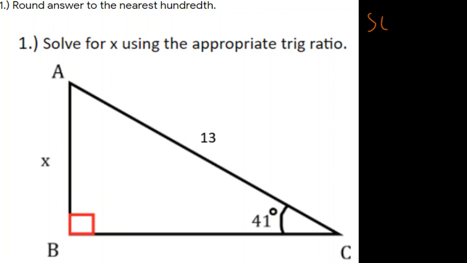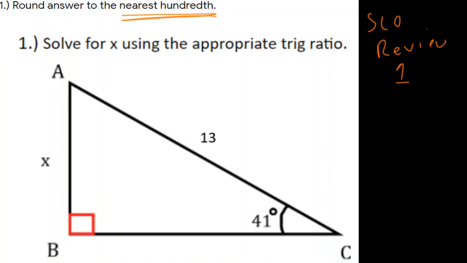Alright, and welcome to our SLO review. We're going to call this round 1, SLO review 1. Now, notice that in every single problem in this assignment, it will say round to the nearest hundredth, and I want to show you what that looks like, so I'm going to completely work out this first